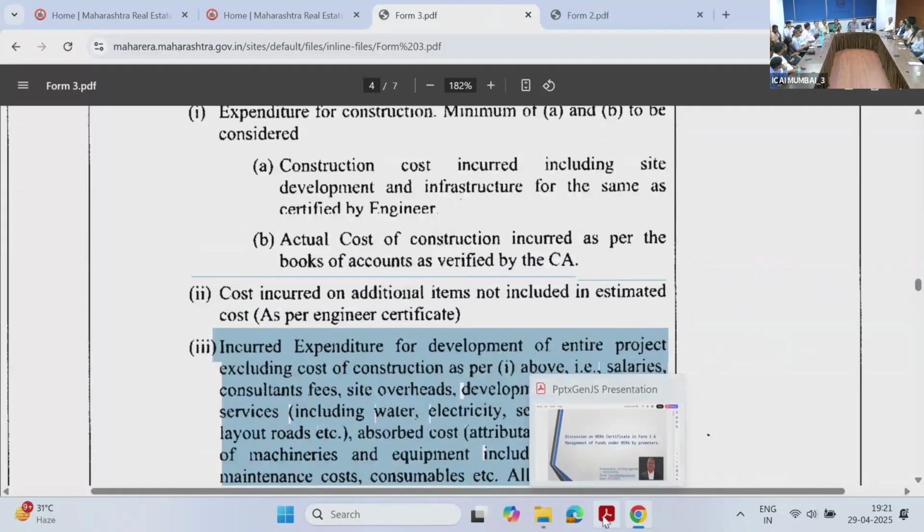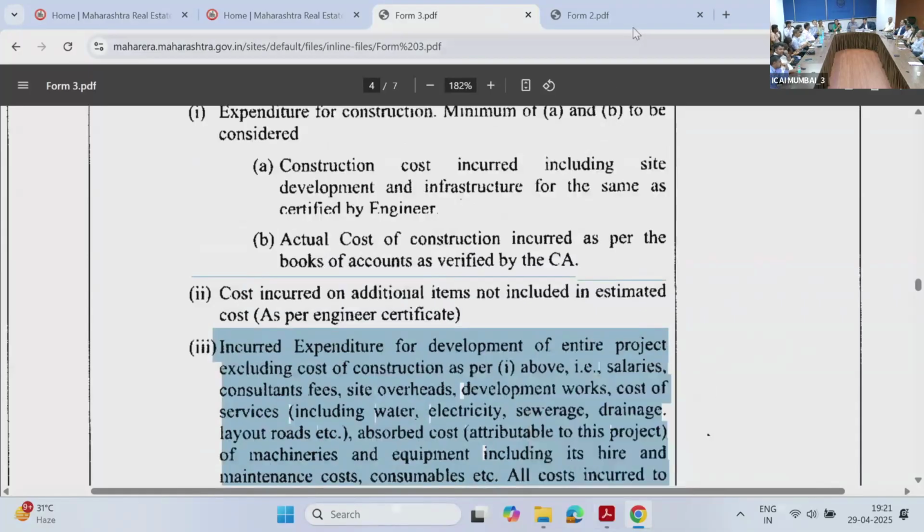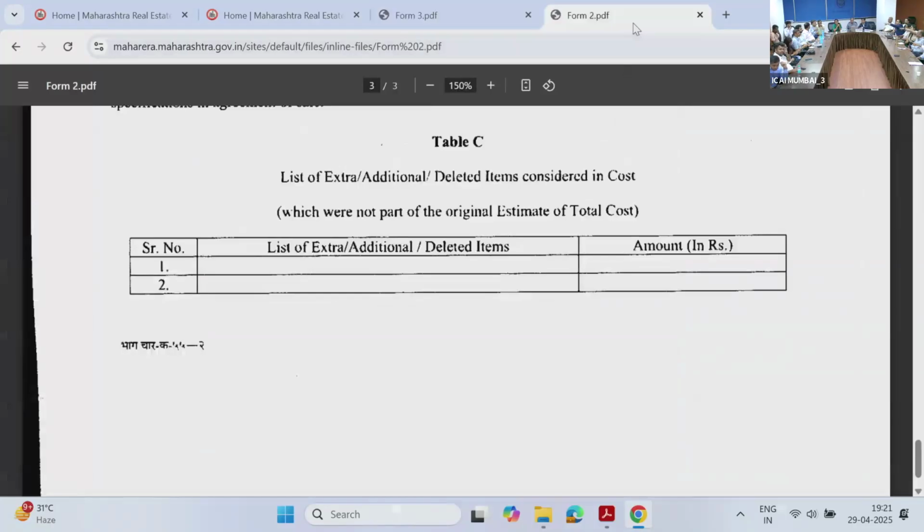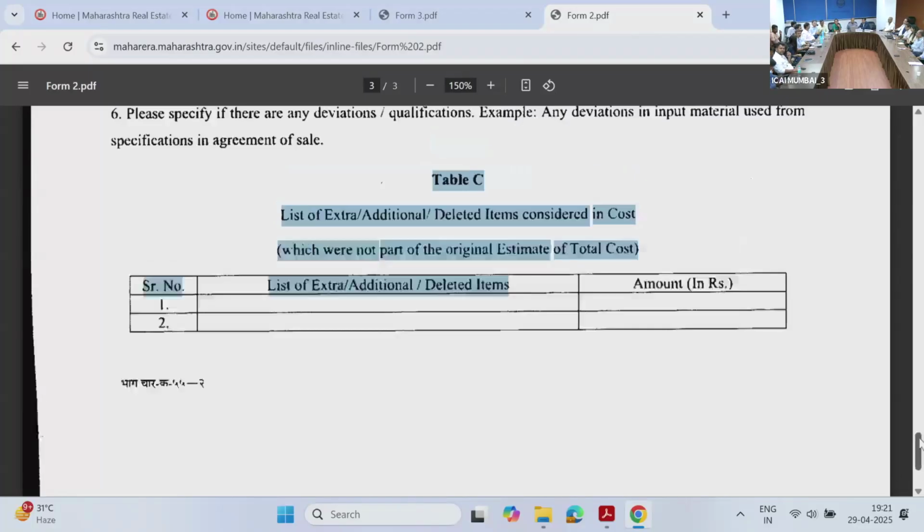क्या वो टेबल इंजीनियर के सर्टिफिकेट से आता है? हाँ, वो टेबल सी, ये टेबल सी ये नया है सर, ये नया है। ये फॉर्म 2 का है। इसमें नेगेटिव आइटम भी आ सकते हैं, डिलीटेड। पॉजिटिव आइटम भी आएगा, जरूरी नहीं है, नेगेटिव भी आ सकते हैं। यस, एक एग्जांपल बोलता हूँ आपको।